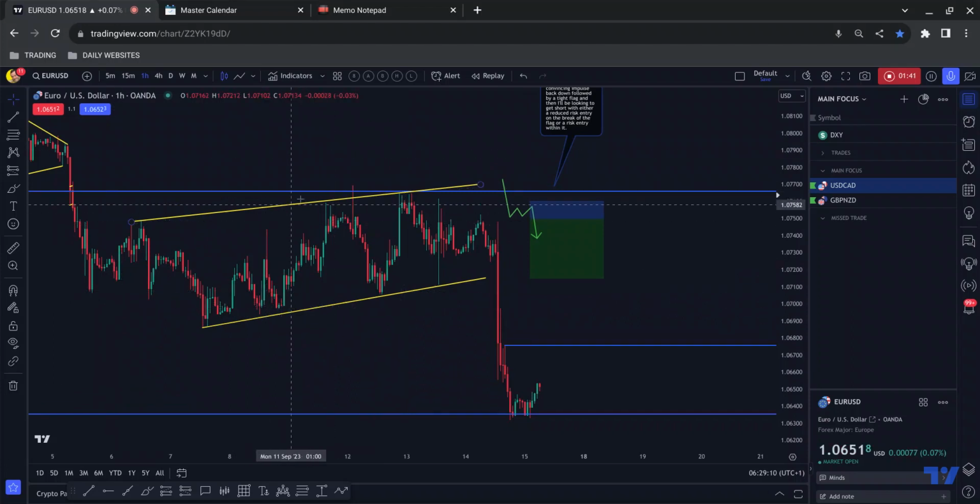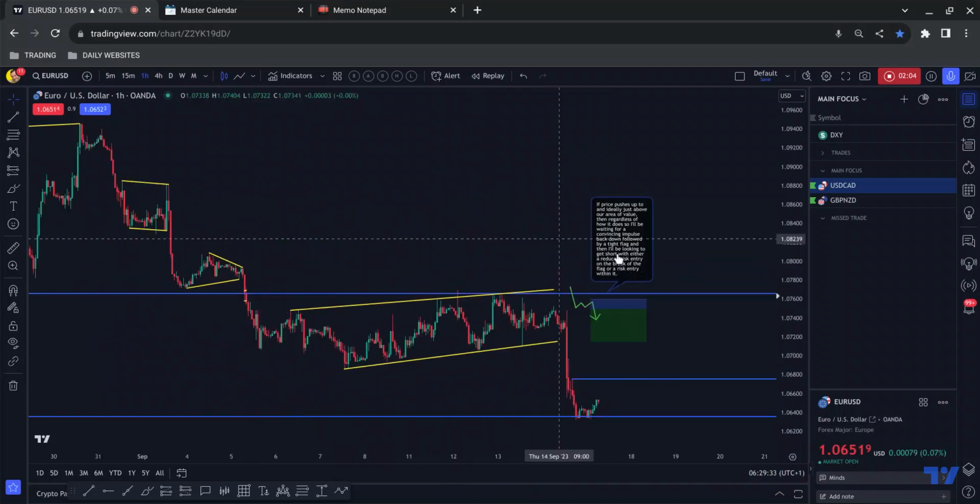And I've been doing this for long enough now. When it sells off, moves like this used to cause me a lot of FOMO. It doesn't bother me at all because I stuck to my rules, and I know from my data that sticking to my rules is far more important than trying to catch something that didn't actually provide what you were looking for. So that is euro dollar.